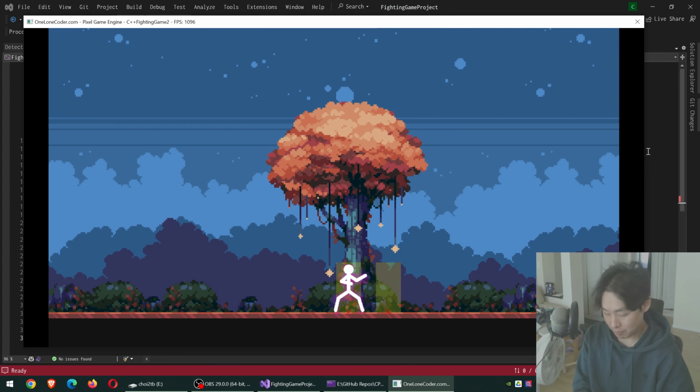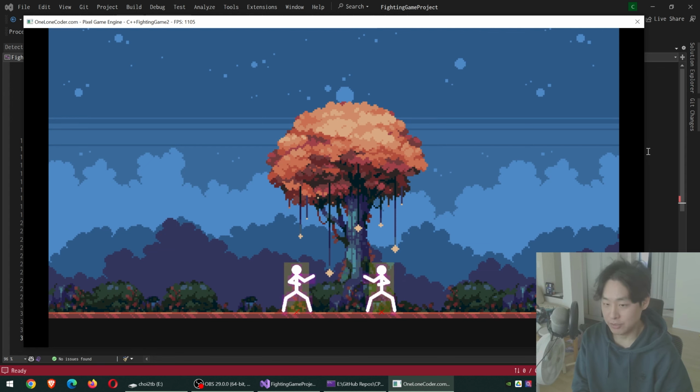So here is an example. As you can see, I have some placeholder animations, Akuma. This will be switched later on. I have the hit reaction as well as the typical hit stop. You can barely see it right now, but the code is there. You can also see the VFX.